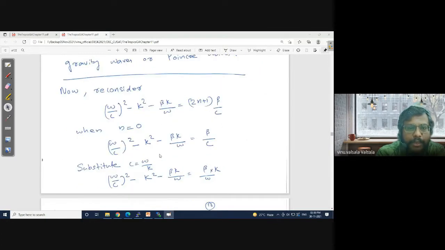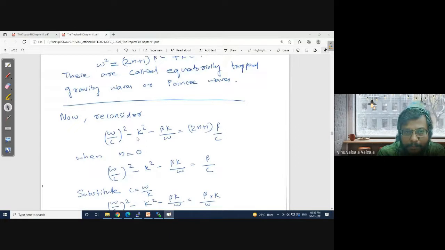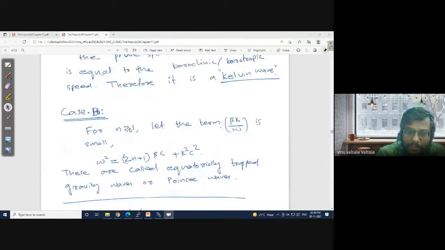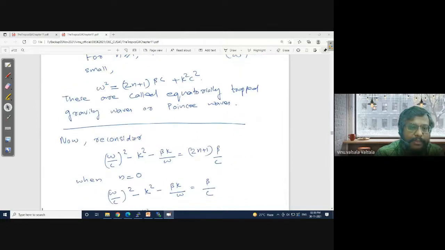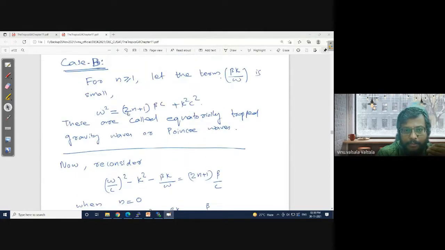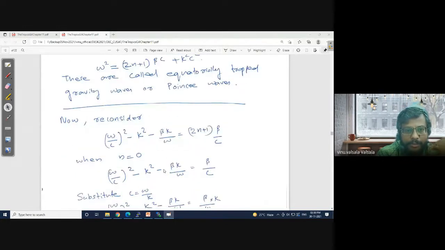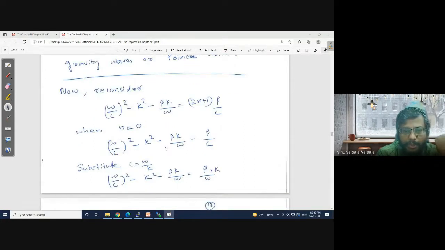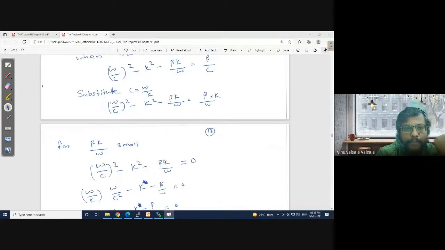Okay. Now let us consider the case n equal to 0, which we haven't considered. n equal to 1 or greater we considered, and n equal to -1 we considered for the Kelvin wave. Now let's consider n equal to 0. This gives another special type of motion in this dispersion curve, which is coming from this dispersion relation. If you put n equal to 0, you can simplify them. Finally, you arrive at a system like I showed here.